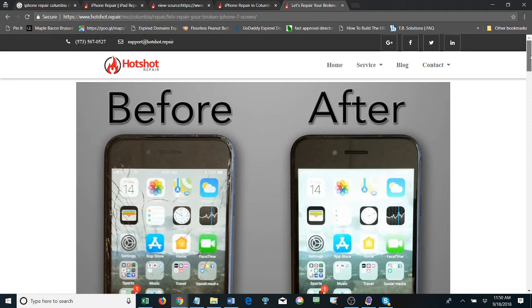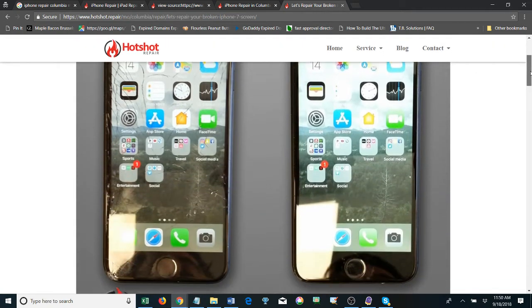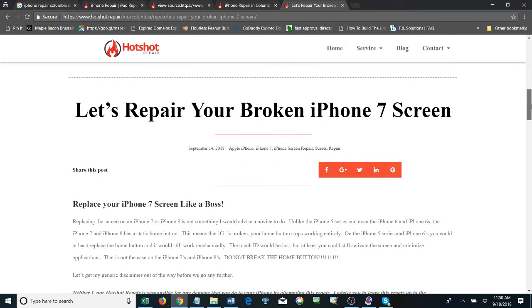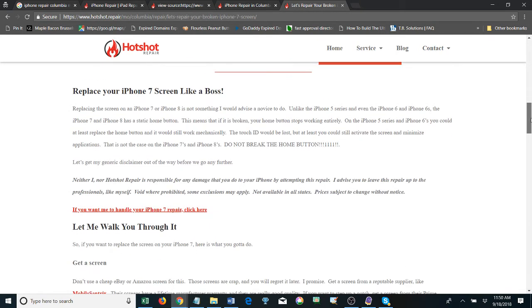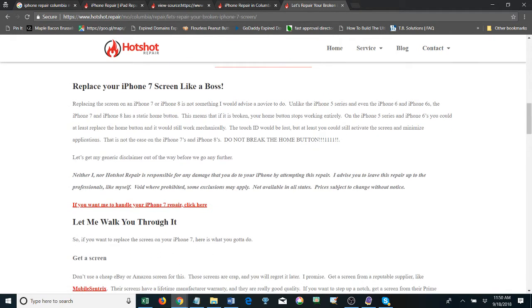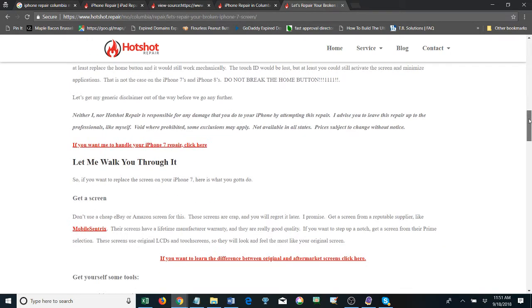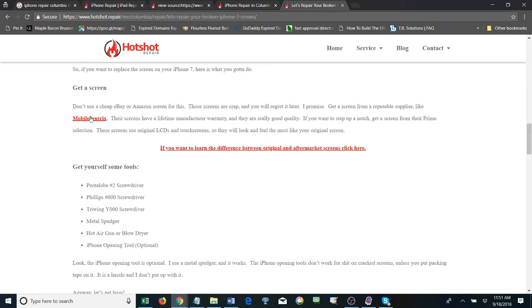So your actual blog is about actually repairing the iPhone, right? You did a really good job of describing it. This right here is really good, what you did. You interlinked it with your keywords, iPhone 7 repair, back to the page that you actually want to rank for, iPhone repair, so that's pretty good.